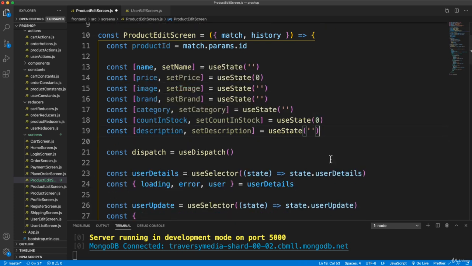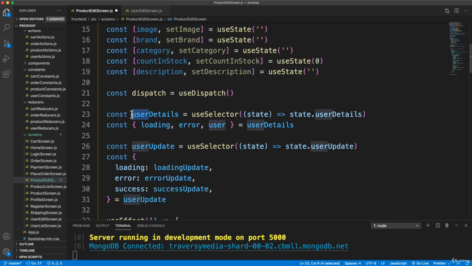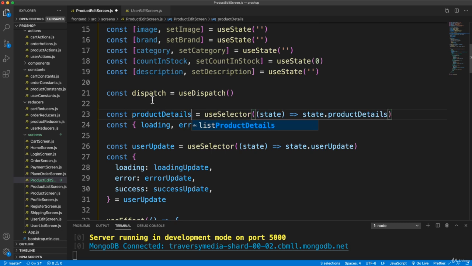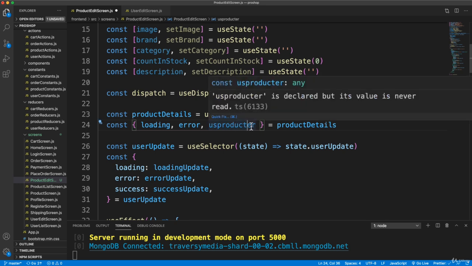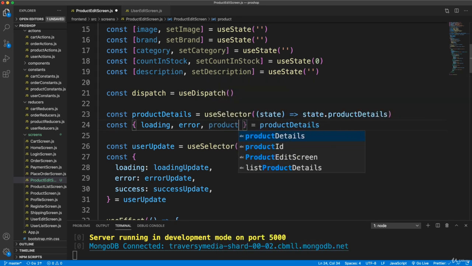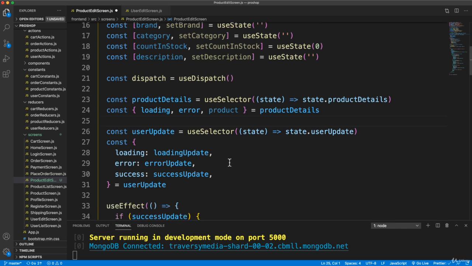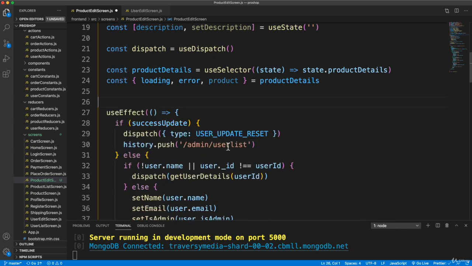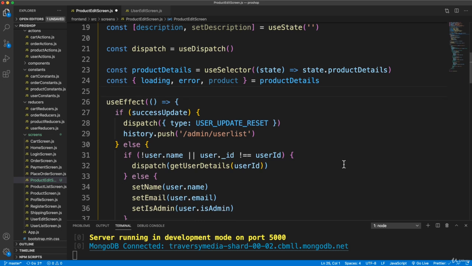Now down here we want our dispatch, we want our product details, so let's change user details here to product details. And what we want to get from product details is loading, error, and product, singular. Whoops, not that, product. Alright, and then we will have product update, but we'll get to that later, so I'm just going to delete that. And in the useEffect here,